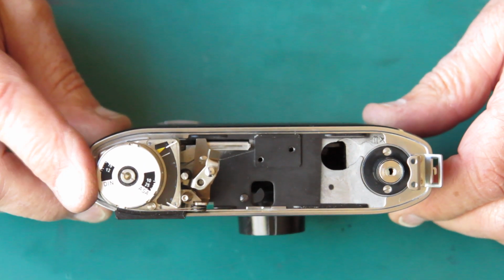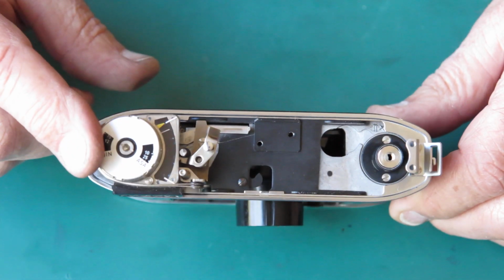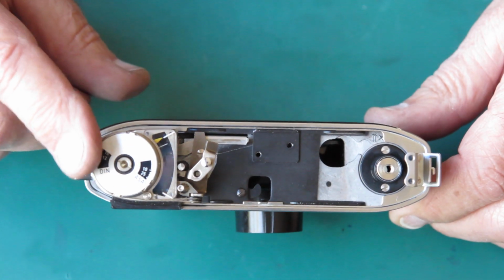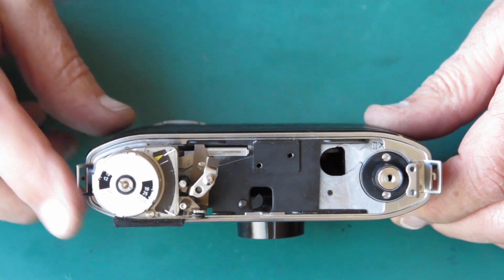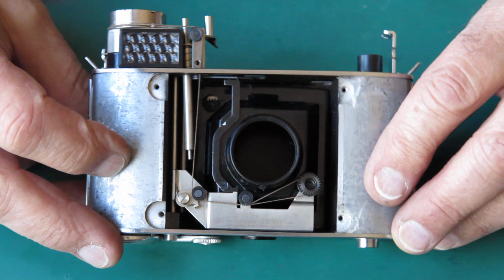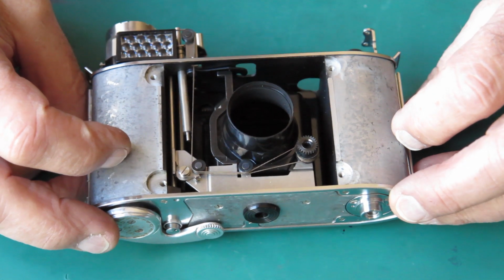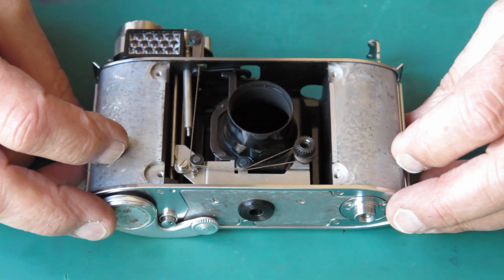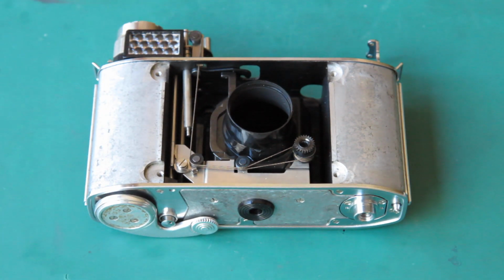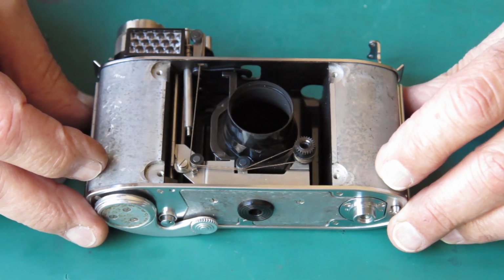You can see I've got this set to ASA 10 here at the moment, and you can see the orientation of this meter scale relative to the camera. The details of how the cords wrap around on the drum you'll be able to see more clearly in these still photos. So at this stage that's looking pretty happy. I'm quite pleased with that. I'm going to fit the rangefinder next